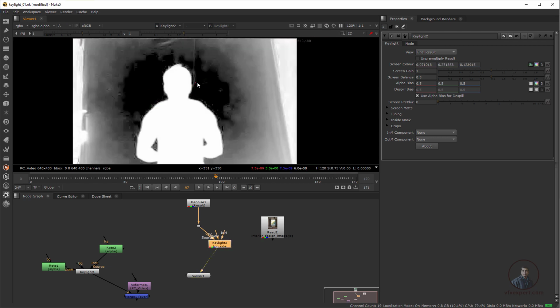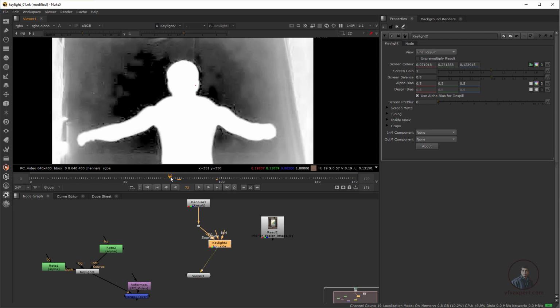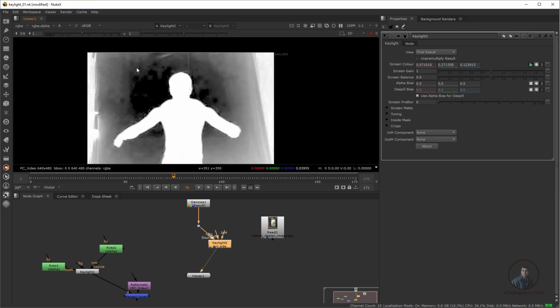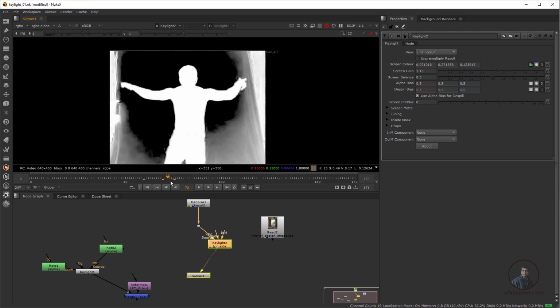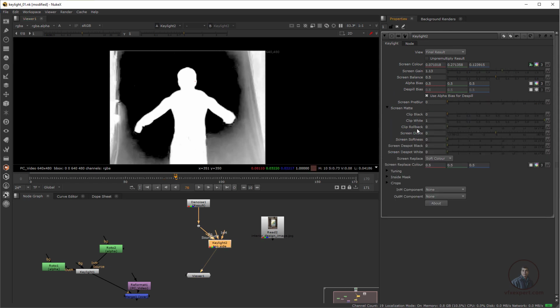So now press A here, come here to our alpha mode, and we have to create our matte, and focus on the top area here. Again double click and adjust the screen gain a little bit here. So all details you have to maintain here. Remember this while you are adjusting your screen gain or screen matte here. Okay, so you have to check and adjust it here. Then come here to our screen matte and adjust the clip black and clip white values a little bit if needed.